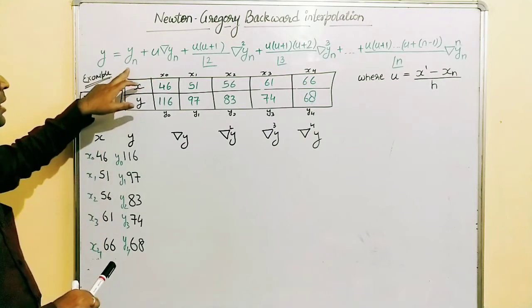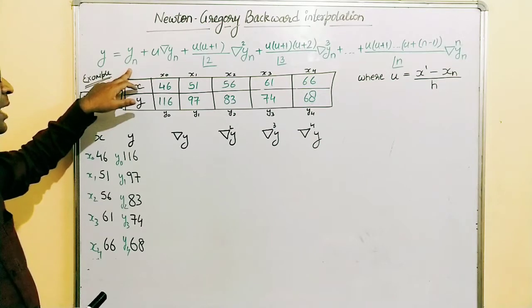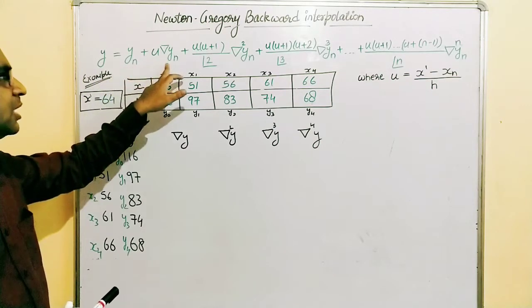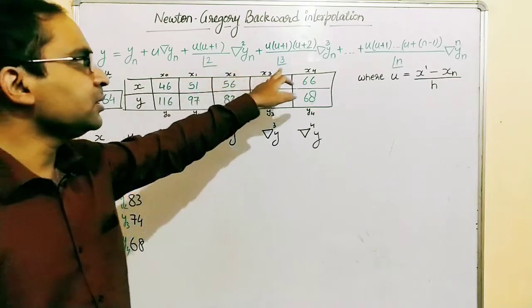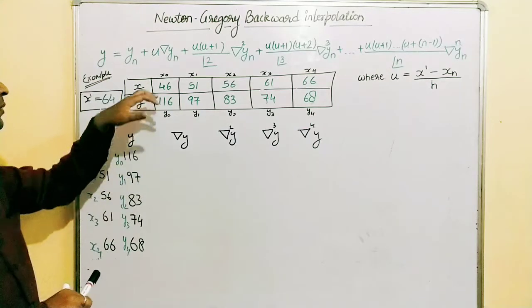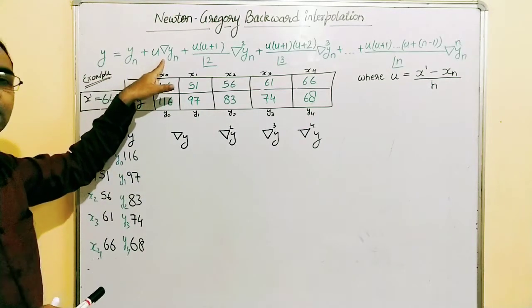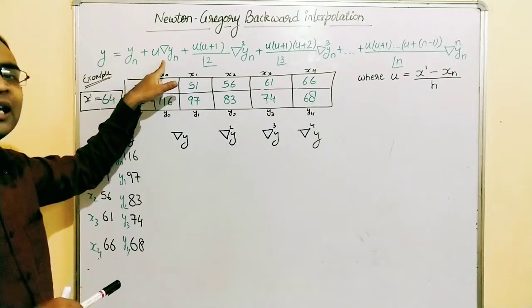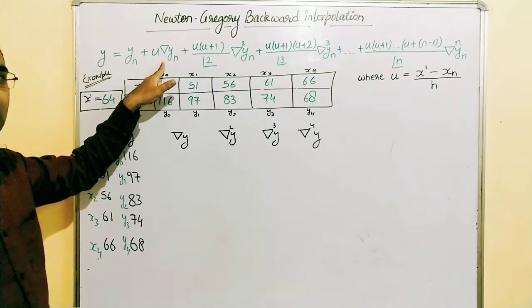One is that here the terms of y are all yn. So you can see this is yn, del yn, del 2yn, del 3yn. So this is one change, and the second change is that we have this del operator. This is called the backward del operator. So instead of forward del, we will be using the backward del operator.